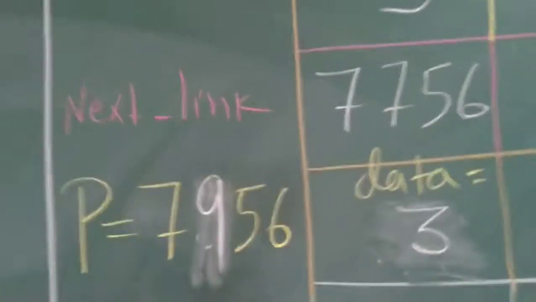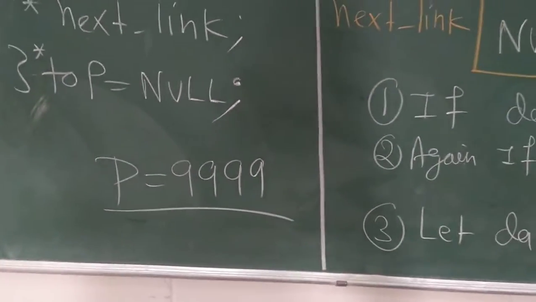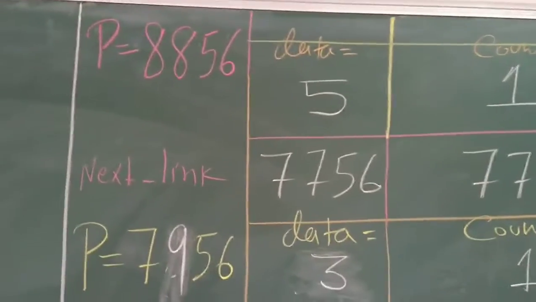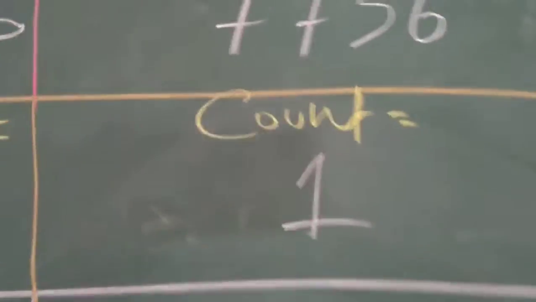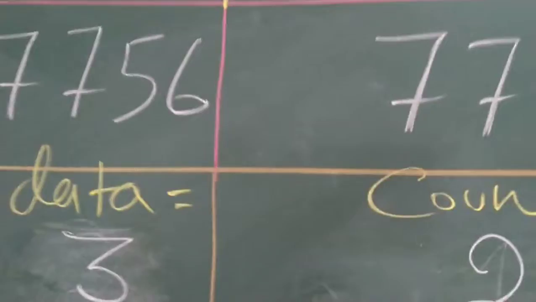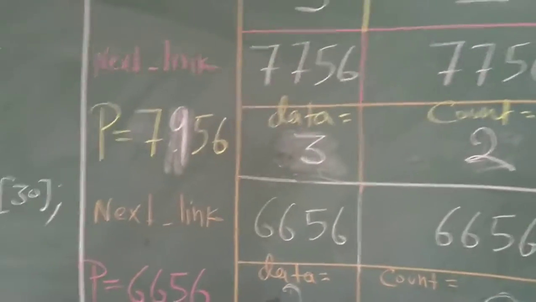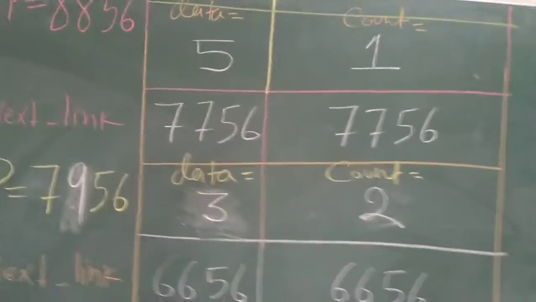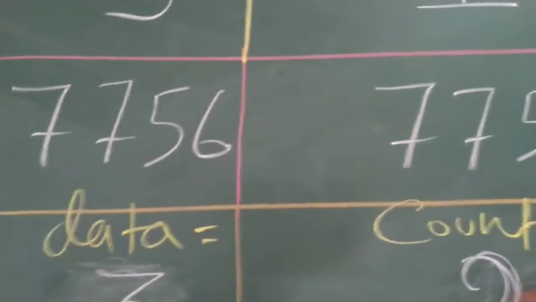You allocated another P. Suppose P is 9999. You have allocated it by the help of your algorithm. So in this condition, what will happen? In this condition, 3 is already here, so the count will be updated here. This P automatically is destroyed. You have to write this problem like this. It is automatically destroyed, and this count value will increase here.